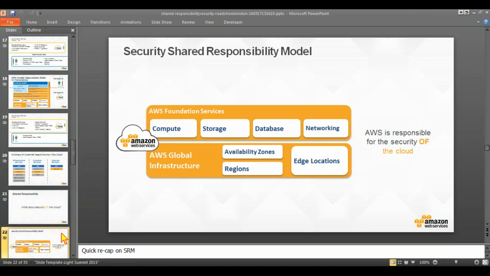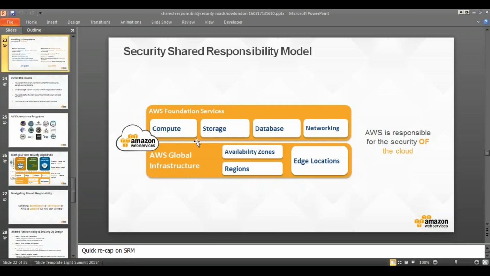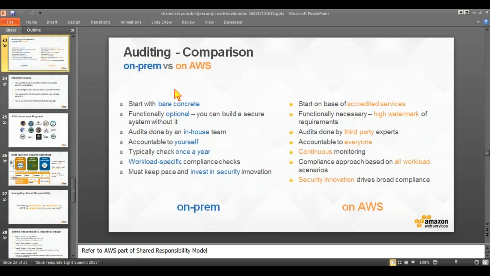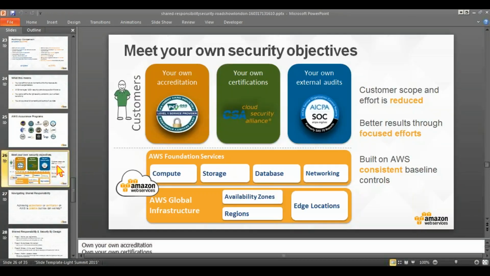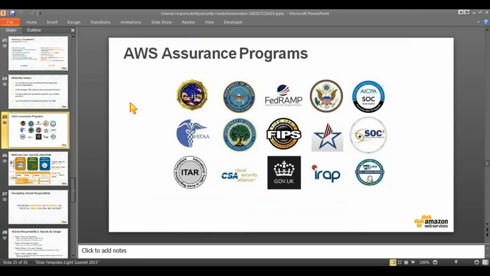When you talk about security of the cloud, you have all this stuff, and then we saw the compliance models, assurance and compliance, all these ISO standards. You have to make sure that you follow these in case you need to.